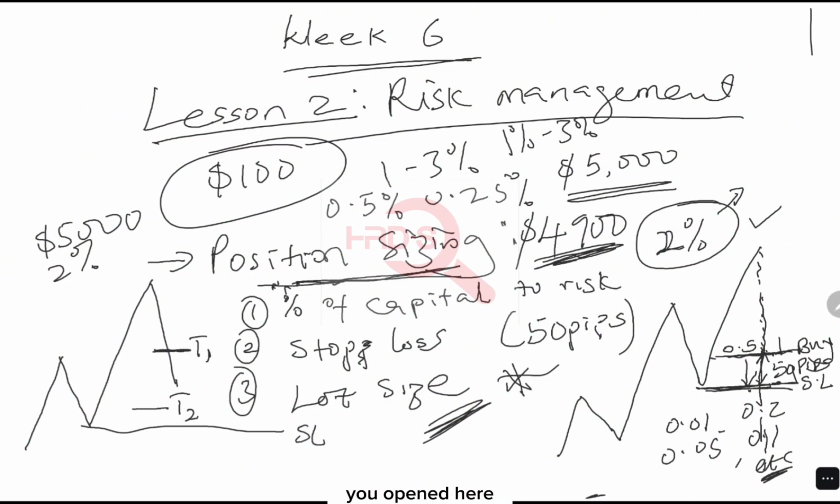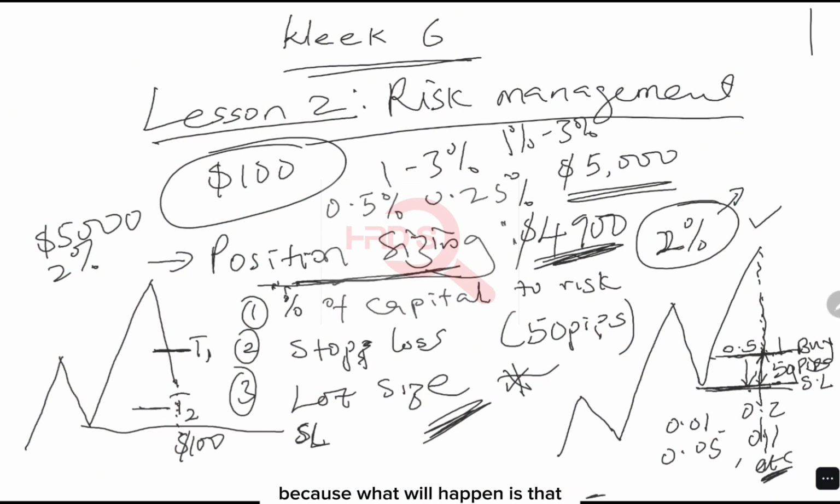You opened here, I opened here, then our SL is both in the same place. When our stop loss is hit, we will still lose the same $100 if we calculated our position sizing. Your loss is not determined by how wide your stop loss is if you calculated your position sizing, because what